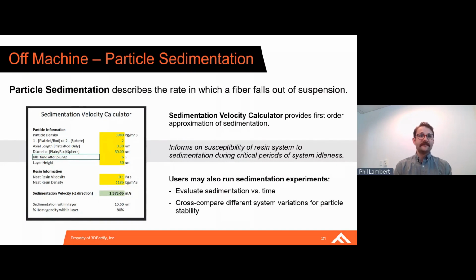We provide this velocity calculator, which helps our customers do a first-order approximation of sedimentation in our system. It allows you to understand it as a function of some period of time in the system of critical idleness. Maybe it's the time in between wipes, or maybe you're peeling very slowly and the system is remaining idle during those slow peels. And so you're able to use this calculator to evaluate how this particle might settle during those